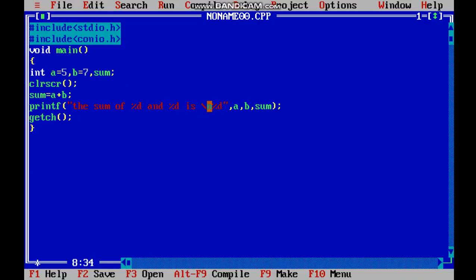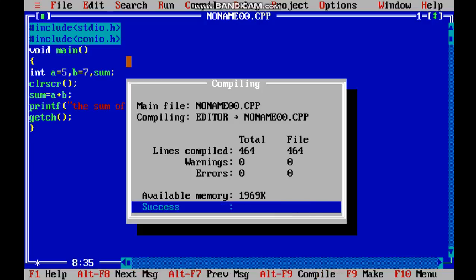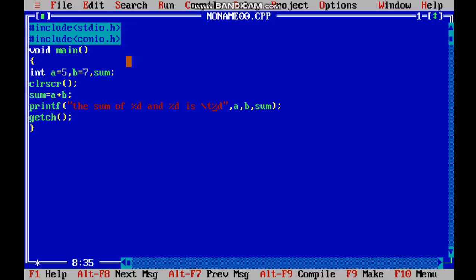So we came to know this backslash n means something. It stands for new line. Similarly, if I put backslash t, it means a tab. Let us see how it works. Alt F9, control F9. See, the sum of 5 and 7 is, with a tab space, you got the answer 12.